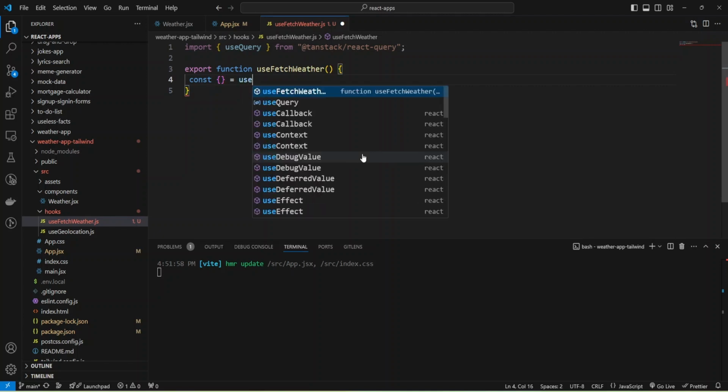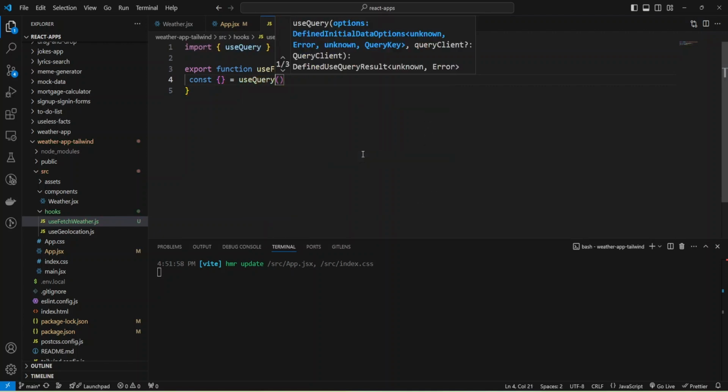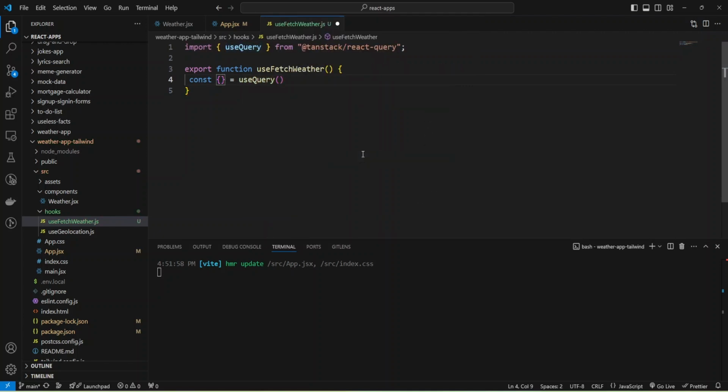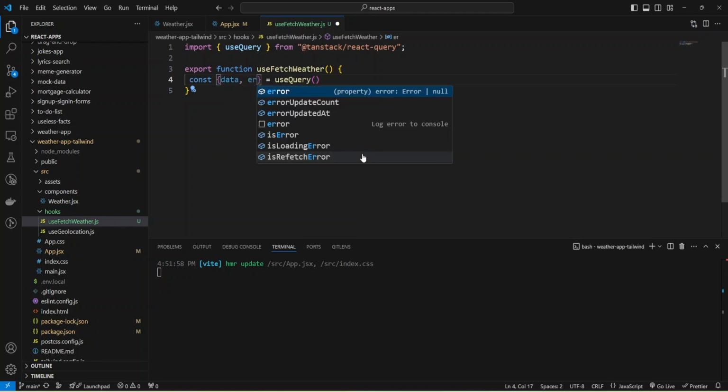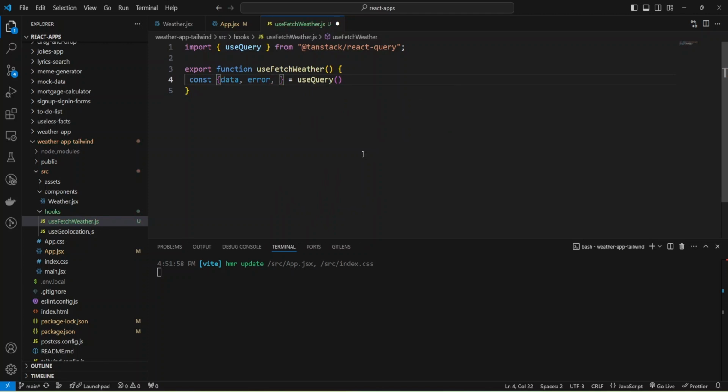useQuery will provide me the data, and I'm going to use object destructuring and get data and some error, and also isLoading.